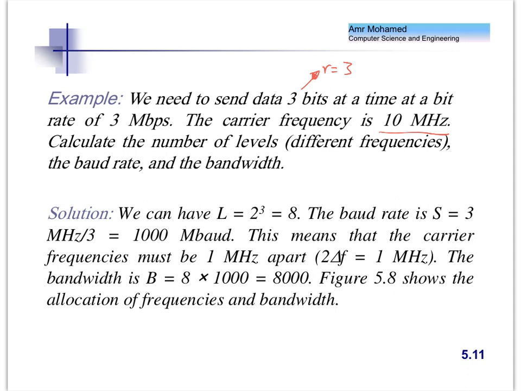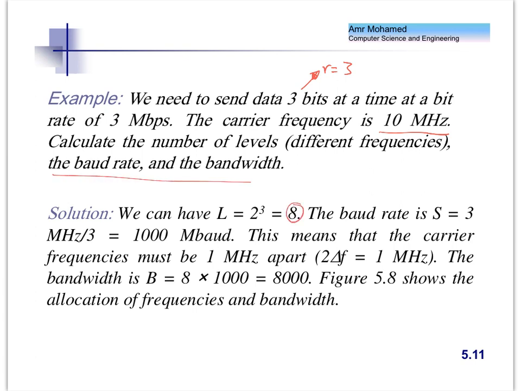2 to the power 3, which is 8. But the different levels here are not represented by different voltage levels. They are represented by different frequencies. So here we have 8 different frequencies, right? We calculated the number of levels, so the number of levels is 8,